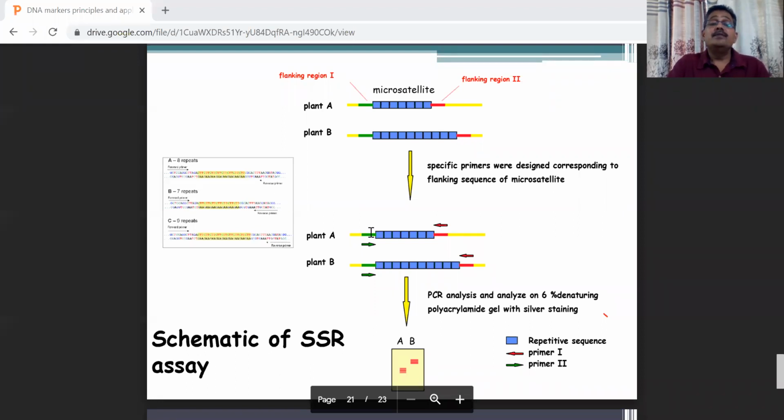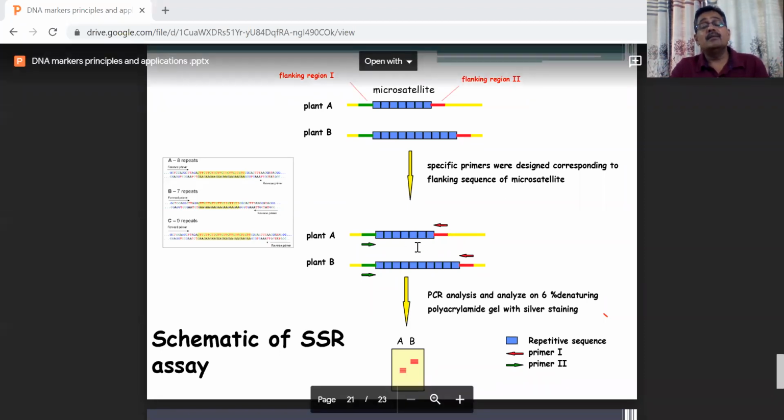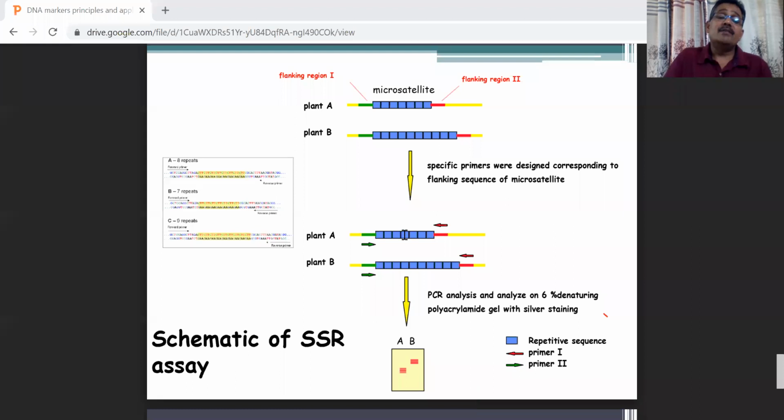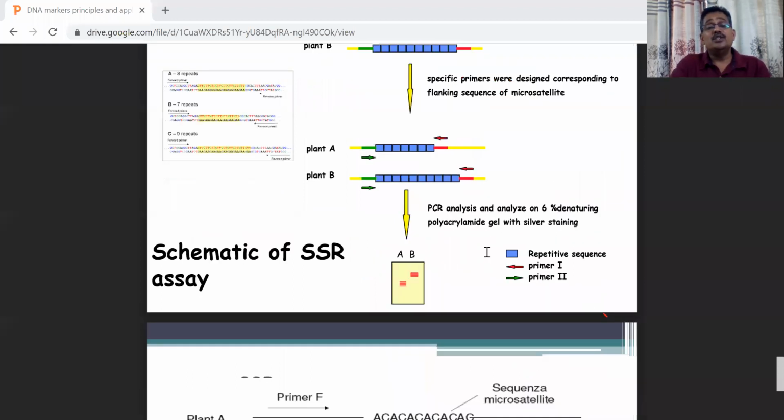Sometimes when you design the primer, we leave some region near the repeat region. When it amplifies, we leave the flanking region of 50 bases on each side, so about 100 bases in total. Then in this case the repeats may be 7 repeats, and with 2 base pair repeats that is 14, so 114 base pair it will amplify. In this case maybe 124 base pair it will amplify. So there is a bigger size and a smaller size. By a simple agarose gel assay, you can differentiate these two fragments.